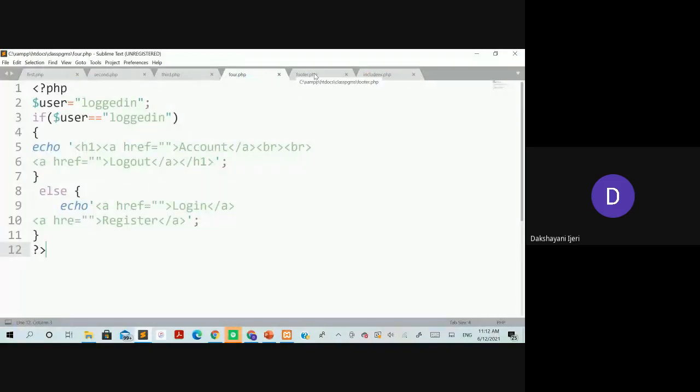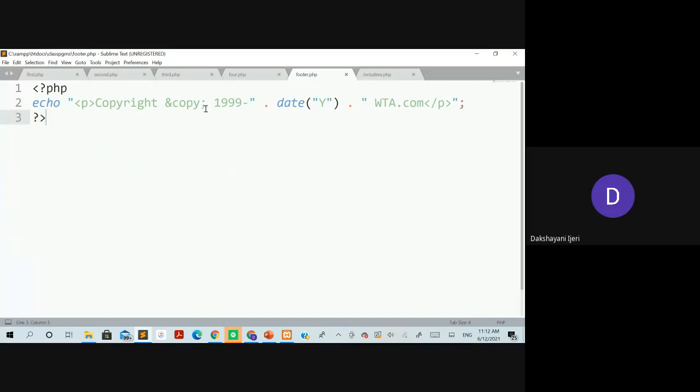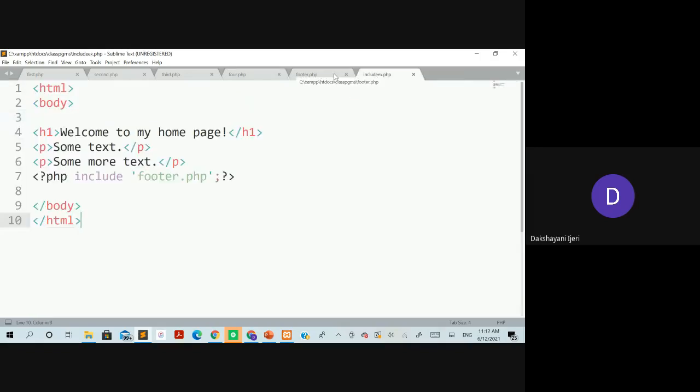To explain how you can use include, I have created one more file known as footer.php, which contains some copyright information which can be included at the bottom of every file wherever this file is referred. This is a completely separate file created as footer.php, which contains only simple print statements with the copyright information within it, right? This is where we have used the reference to this footer.php. This is another separate file which has been named include example.php.